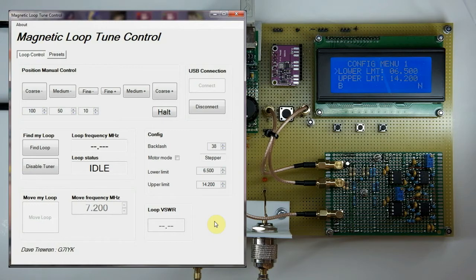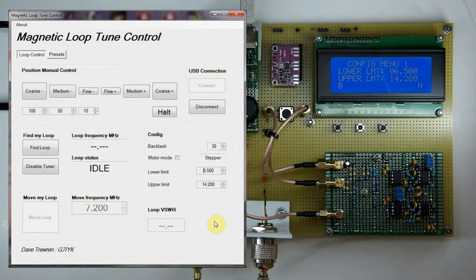So if you try, for example, to move above 14.2, it'll stop you. It won't let you move above 14.2 by using the manual control either. What will happen is it will allow you to use the manual control, but only to move the frequency lower than the upper limit or higher than the lower limit. So you can use the manual control to move the antenna back in range, but not further out of range, if that makes sense. What else can we say? Basically, whatever you do on the